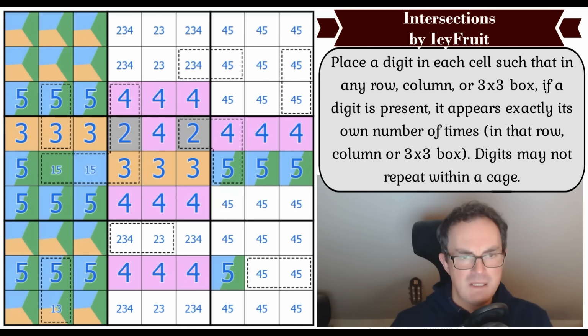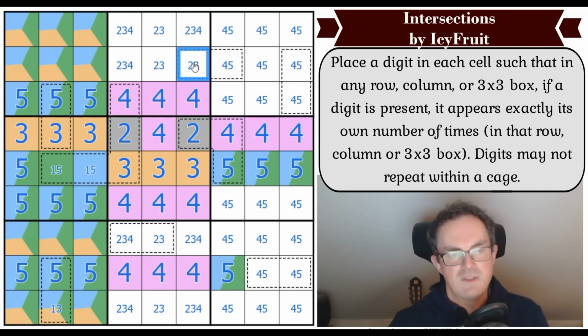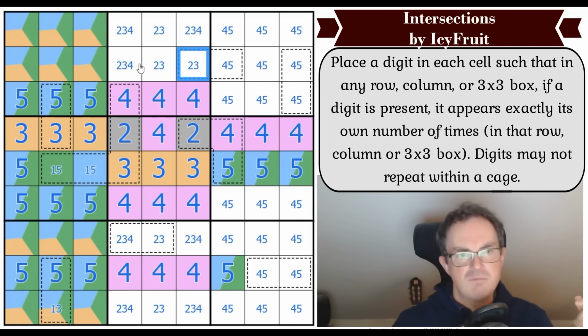What does that mean? Well, that can't be a 4. Because if that's a 4, I have to put 5 in here, and this row should only be filled with 4s and 5s, and it's definitely got 2s and 3s in it. So that's not a 4. So that is a 2 or a 3. So this row